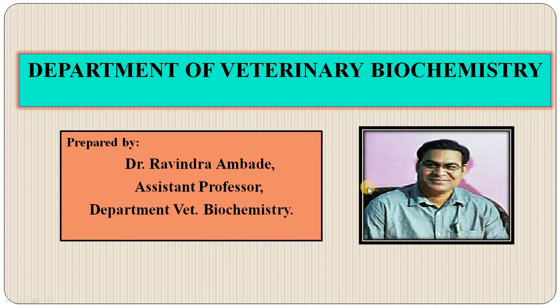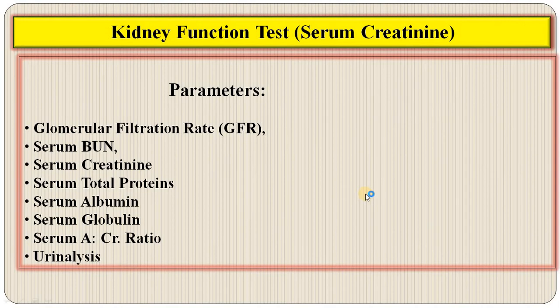Today we have to learn the new parameters to detect kidney function test. Here there are several biochemical parameters to study the kidney function test. Like I have listed out certain parameters. You can see on the screen the glomerular filtration rate, in short it is called as GFR rate,